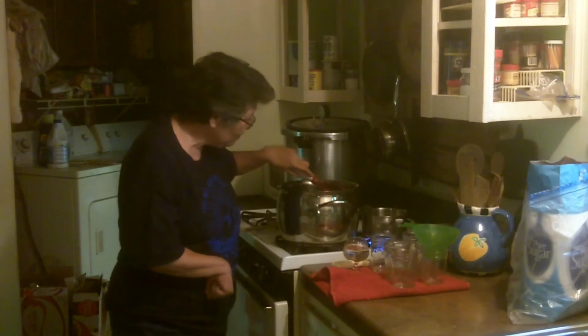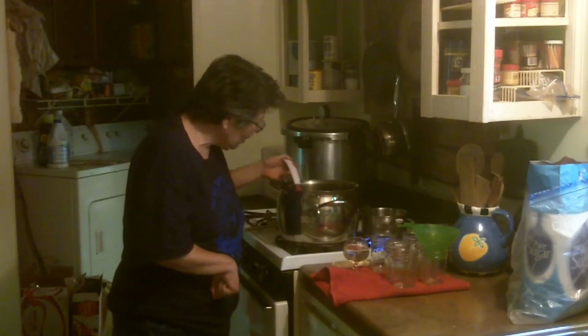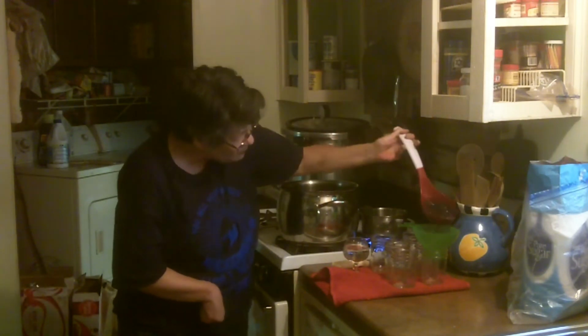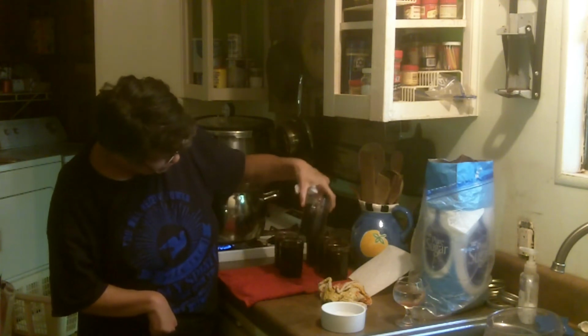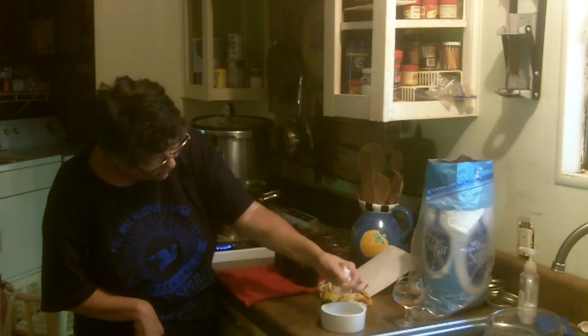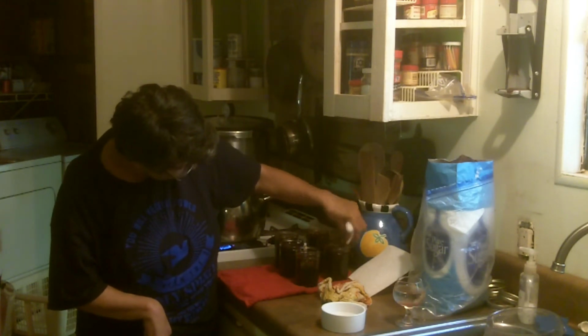Alright, foam's all gone, or almost all gone. I can scoop it up and fill my jars. Okay, I ended up with 5 3/4 jars. This one's going to go in the refrigerator for Mel to enjoy, but always, right, wipe your rim, the little